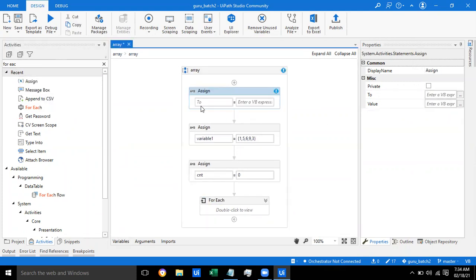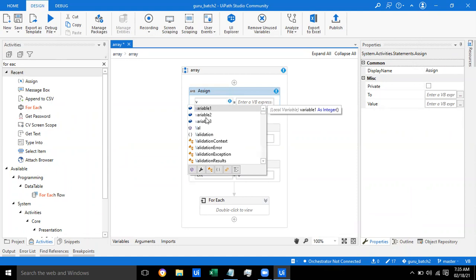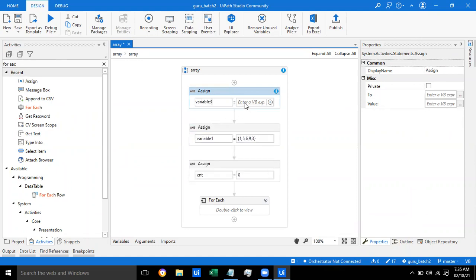For example, variable 3. Now what I am supposed to do is give like 12 05 2020. That's it.